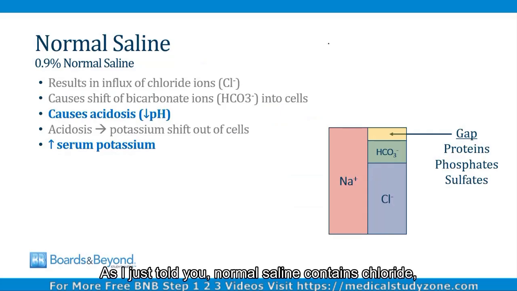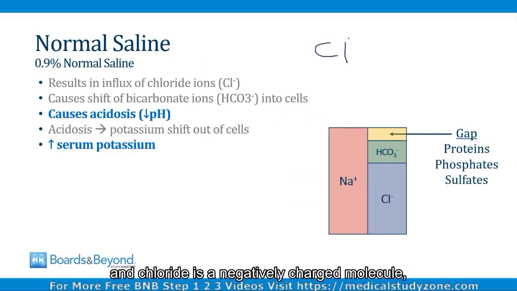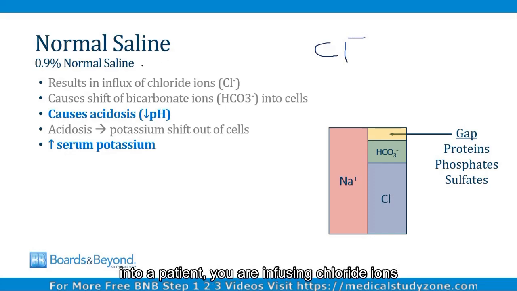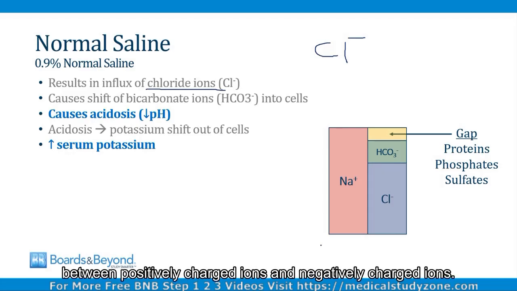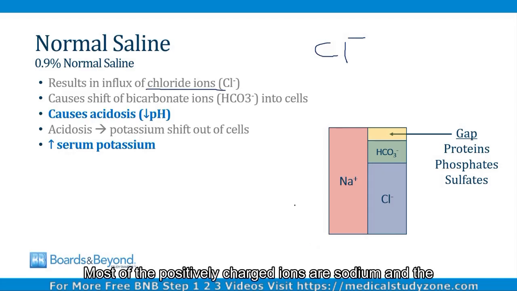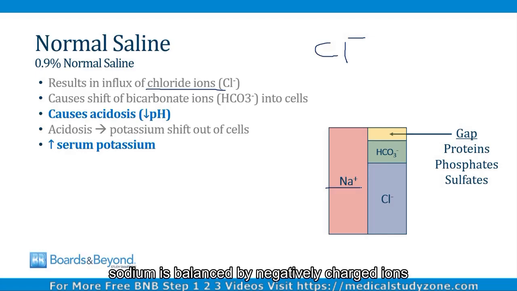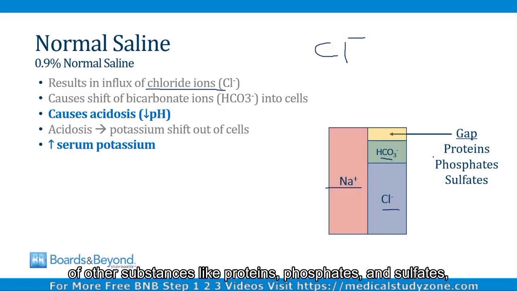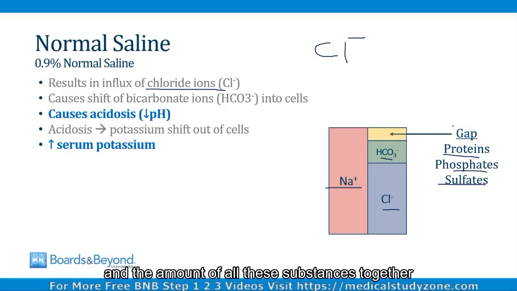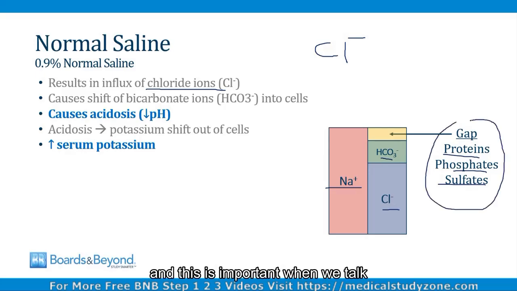As I just told you, normal saline contains chloride, and chloride is a negatively charged molecule, and therefore anytime you infuse normal saline into a patient, you are infusing chloride ions into their plasma. In the plasma, there's a balance between positively charged ions and negatively charged ions. Most of the positively charged ions are sodium, and the sodium is balanced by negatively charged ions like chloride, bicarbonate, and then a small collection of other substances like proteins, phosphates, and sulfates. And the amount of all these substances together is called the anion gap,